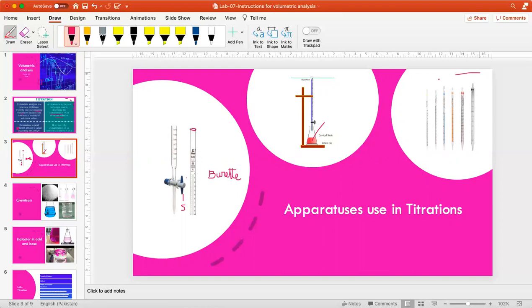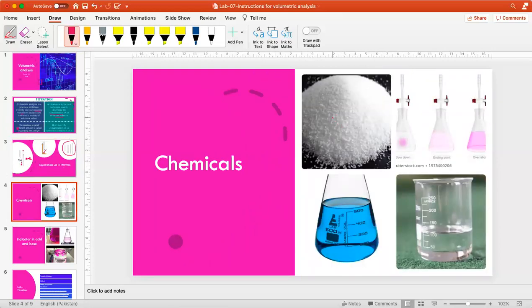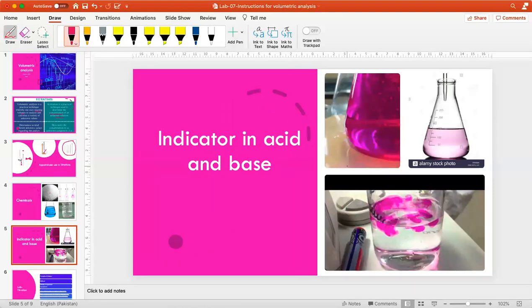These are the pipettes, of all different sizes, and pipettes are used to add a known volume of substance. Next, the chemicals: we are going to have standardized sodium hydroxide by using HCl. This is sodium hydroxide and this is the phenolphthalein indicator. If we add too much HCl, it gives a dark pink color at the end point, and this is the HCl. The indicator we will use is phenolphthalein. When we put a few drops of phenolphthalein, it will be like this,